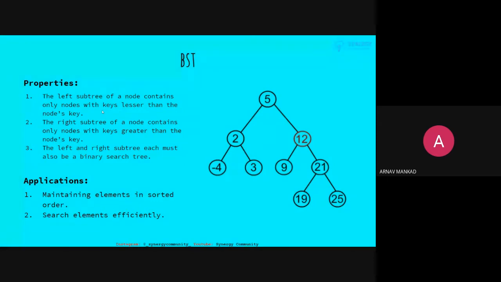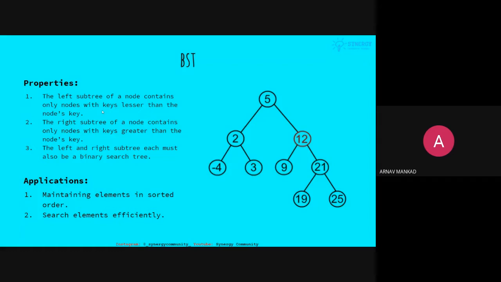Because if we just want to search, then sorted arrays are good enough for our purpose. But if we have frequent insertions and deletions in the sorted array, then we will have to shift all of them whenever we are inserting or deleting. Now that is a problem for us because that greatly affects our time complexity.